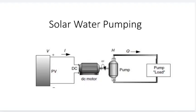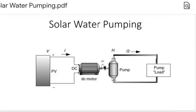For pumping, it appears to be the most suited application for solar PV as water demand increases during the dry days when plenty of sunshine is available. There would be less need of water during the rainy season, when availability of solar energy is also less due to the clouds. And the simplest PV water pumping system consists of just a PV array attached to a